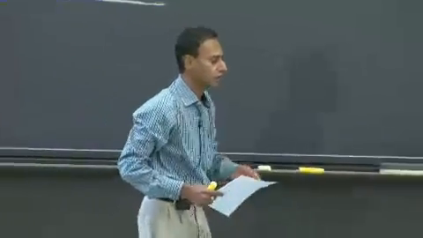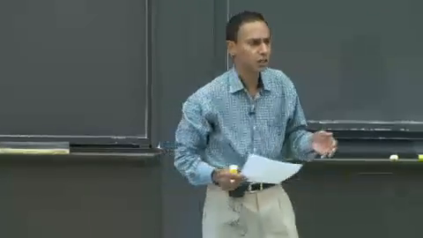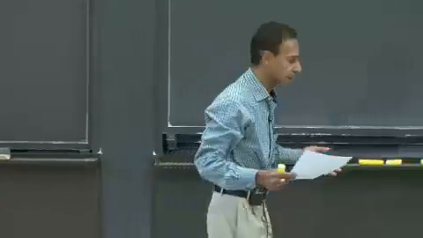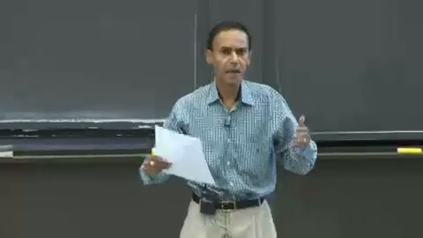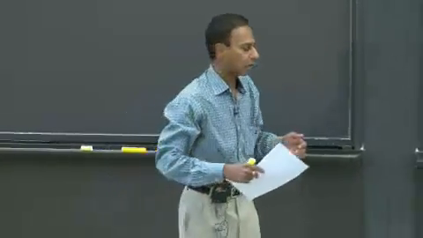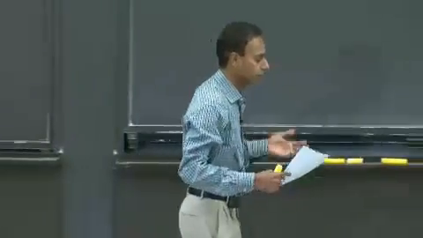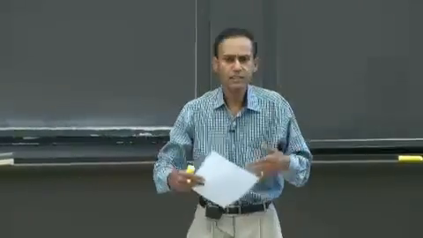The one-sentence summary of this class is that this is about efficient procedures for solving problems on large inputs. And when I say large inputs, I mean things like the US highway system, a map of all of the highways in the United States, the human genome, which has 1 billion letters in its alphabet, a social network corresponding to Facebook that I guess has 500 million nodes or so. So these are large inputs.